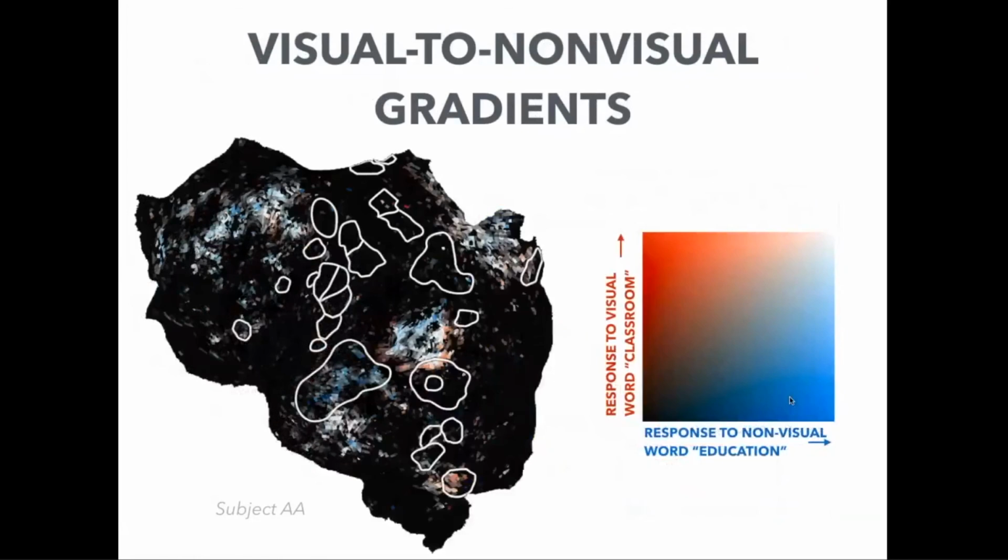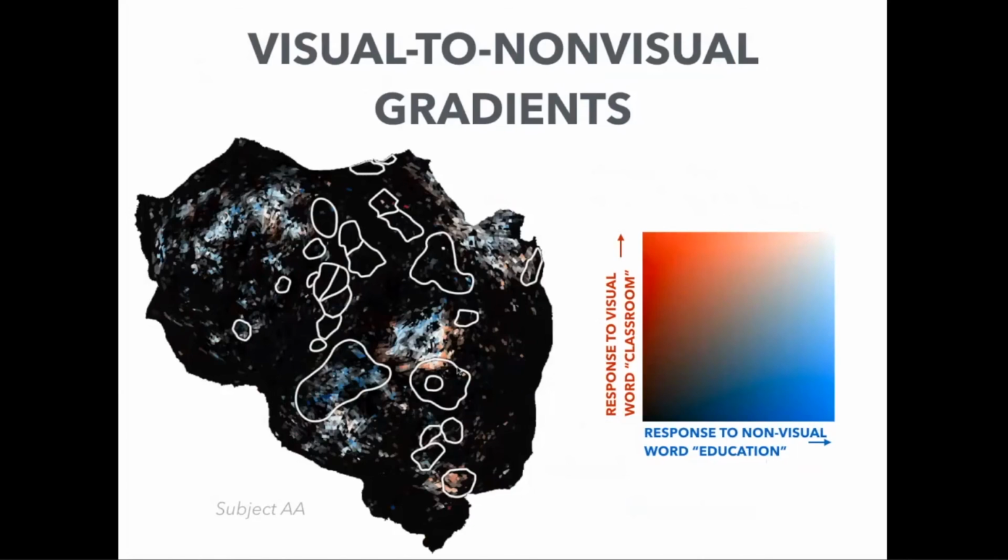And interestingly, and this is feeding into this question of abstract versus concrete representation again, using these models we can look at what the weights look like for, here I'm just taking one concrete word and then one abstract word that's the nearest neighbor of the concrete word that is not in our visual set. This is the words classroom and education. The classroom responsive voxels are in red, voxels that respond to both are in white, and voxels that respond more to education